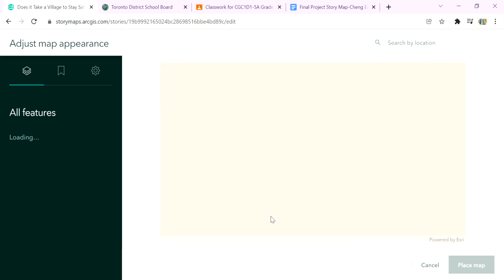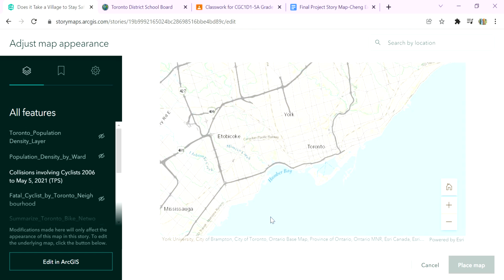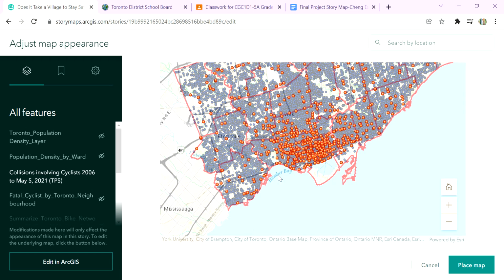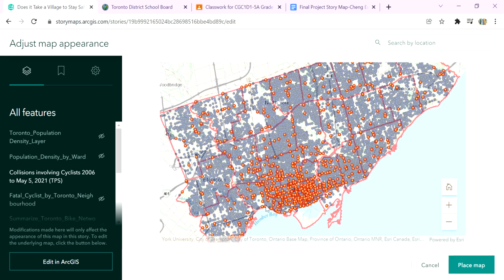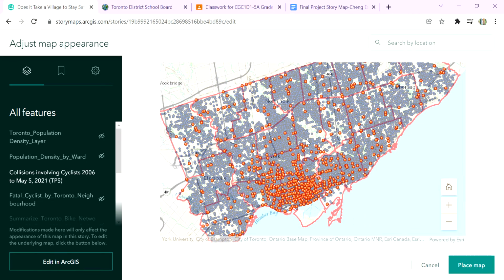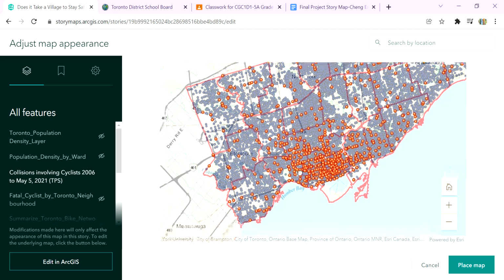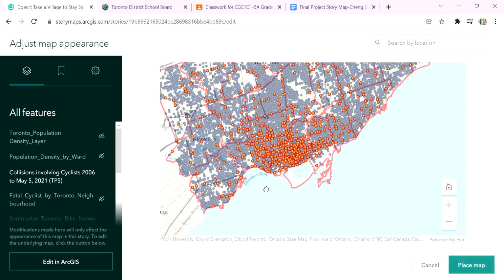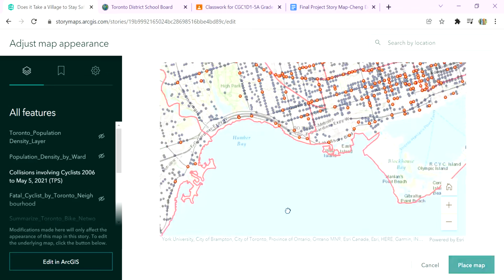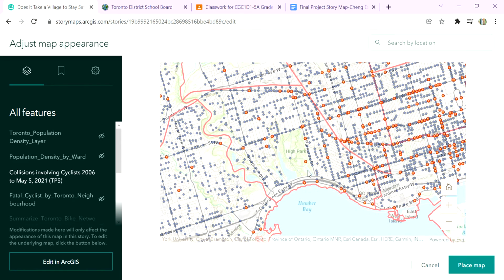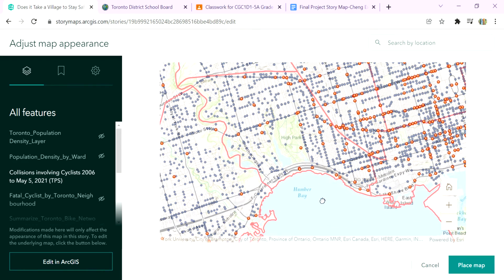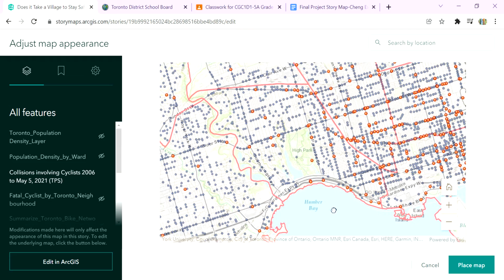So I can literally pull into that. And you can see that when I zoom out, it looks like the layers have not been adjusted to what I wanted them to be. But remember, I checked on my original map that when I zoomed into what I wanted to have on the story map, my layers worked with the transparency. So if I zoom in here, boom, I can see what I want. So this is